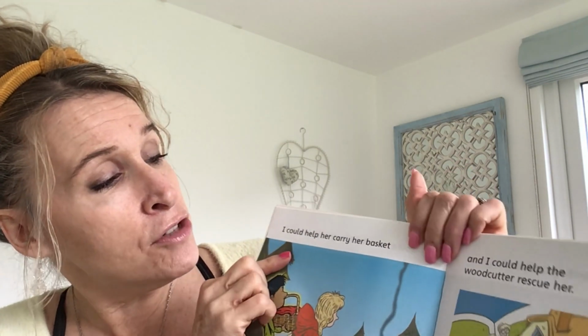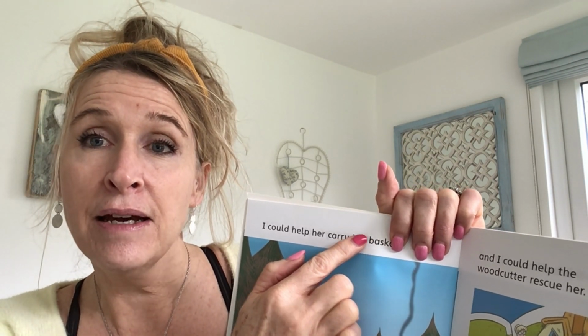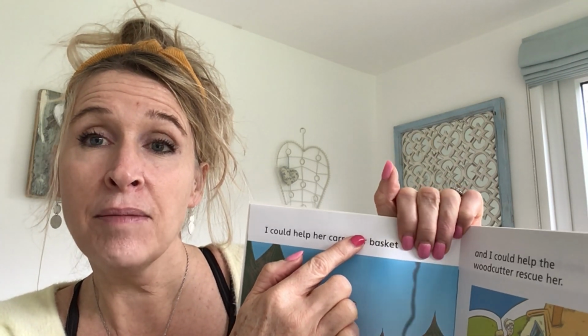The other thing that children might do is to see words inside words. This one, if we cover up the B and the ending, we can see the word ask. Put the B on, bask, basket. So we're looking for children to use these phonic strategies to be able to sound out words like that are